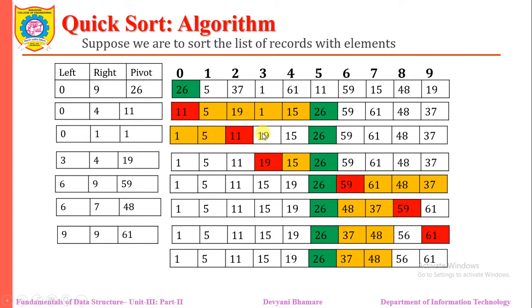Then what is left over is the sublist from 3, 4. Among this array of 3 and 4 we have performed the partition, so we are getting that 19 will be in its proper place. Only one element is less than the pivot, so one element itself is sorted, and there is no element on the right of 19, as we are working up to the 4th index only.